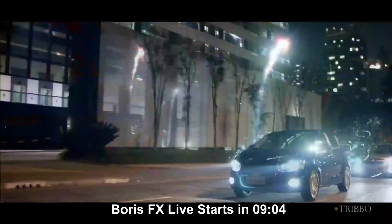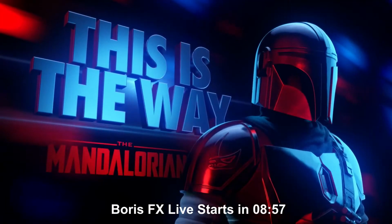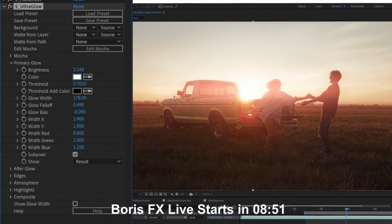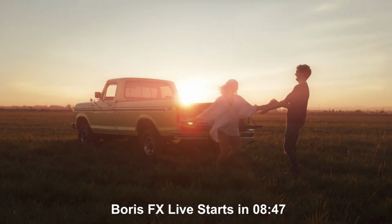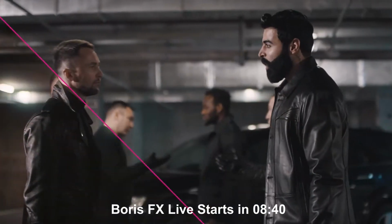Everyone needs glow, and Sapphire Ultra-Glow is the latest evolution of the legendary S-Glow, the most popular and widely loved glow effect in the post-production industry. At its core, Ultra-Glow was designed to emulate a real-world optical-based glow, beautiful, soft, and natural looking. Packed with features and presets, it wraps your footage in a blanket of light and can take the ordinary looking